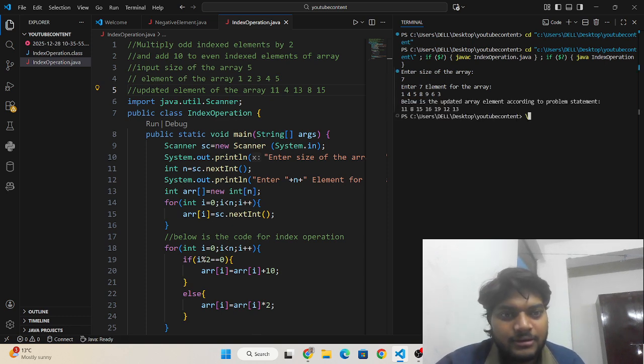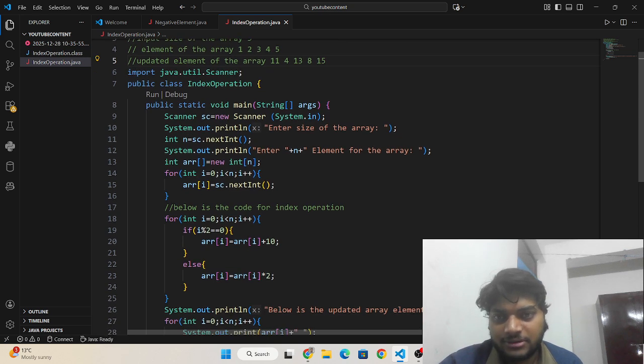Now you can see 1 plus 10 is 11, 4 is multiplied by 2, 5 plus 10, 8, 8 multiplied with 2. You can see in odd indexes we are multiplying, in even indexes we are adding.